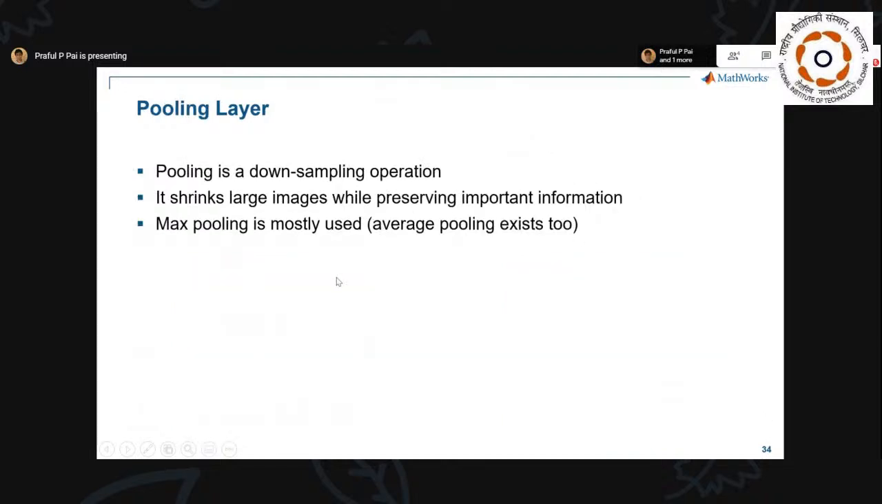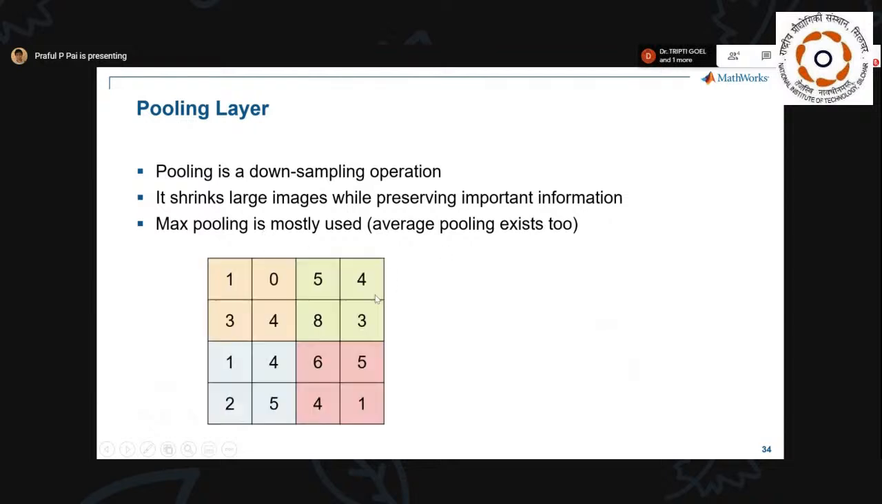Then there is the pooling layer over here. What pooling does is essentially it's a downsampling operation, and it downsamples the image while preserving important information. It is mostly done using max pooling. What that essentially means is, if you have an input like this 4x4 array, max pooling will decide a stride length, so to speak. So this 2x2 is something called a stride, and